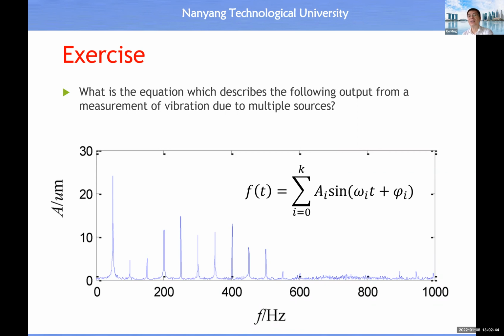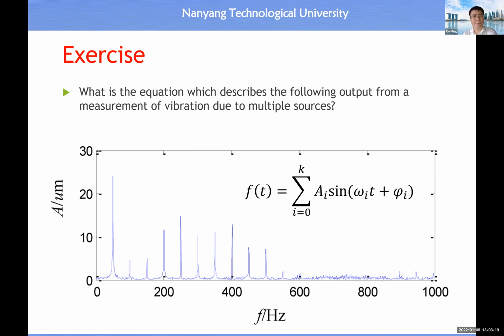So here we just keep the phi unknown. But actually the sensor will also output the information about the relationship between the phase angle and the frequency. Once you have that information, you just plug it in there, right? So it's quite straightforward. So now you see, this is a solution for us to recover the vibration signal if we know the individual